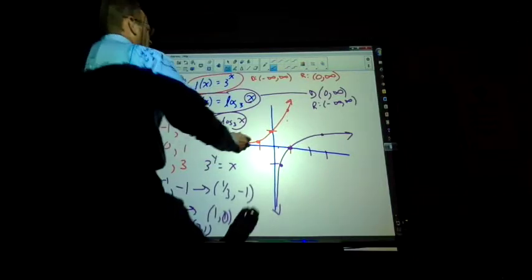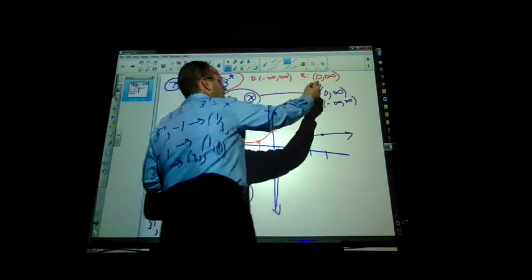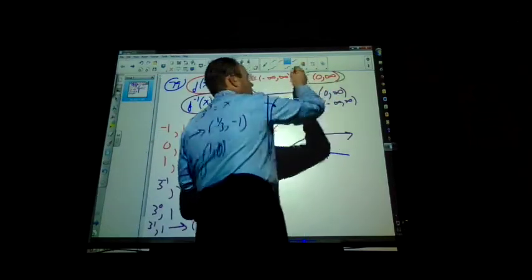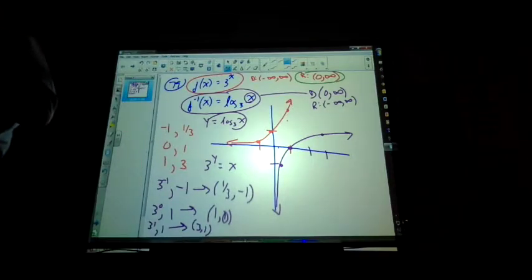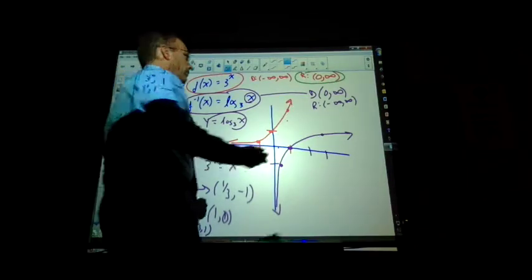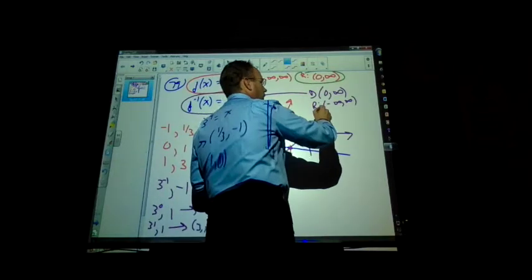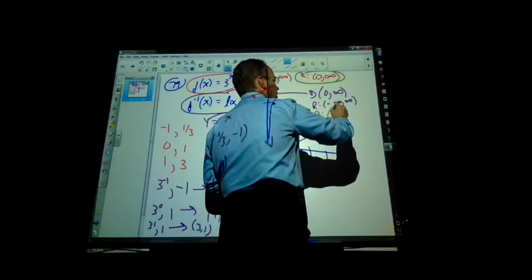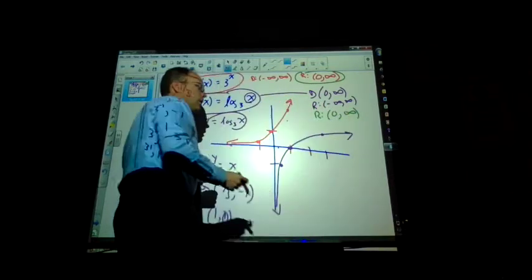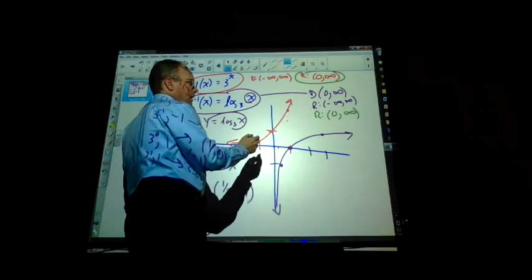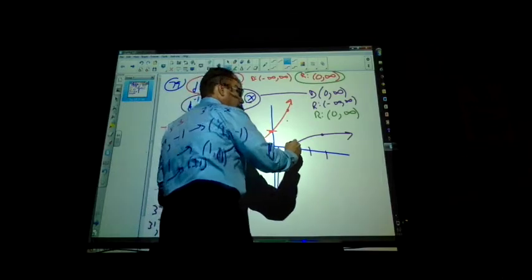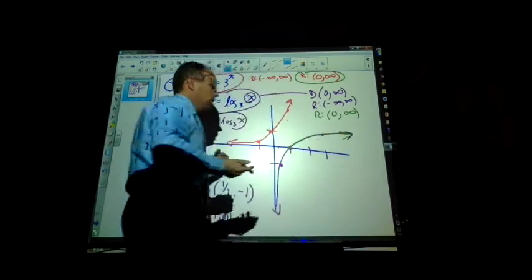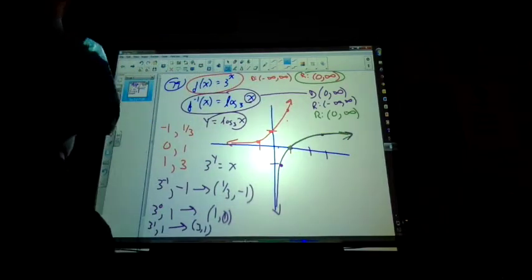But I'm going to tell you this. Later on in math class, whatever this restriction is has to be the restriction of the inverse. So our inverse should have a range of this, 0 to infinity. Our range should go from here to here as far as the graph goes. It should not include any more. And the reason is, this is called